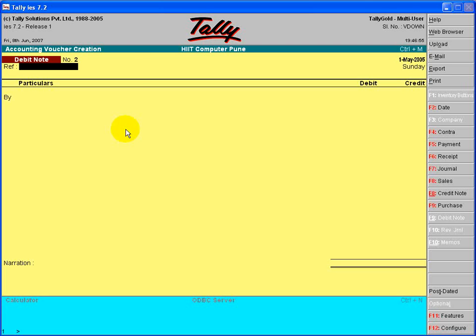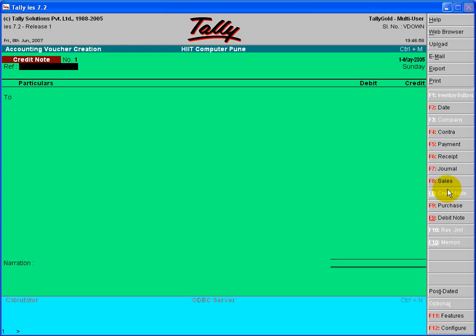Now we will see the concept of credit note. Why is credit note used? If we sell goods to someone and if he returns some goods out of it for some reason, then with those returned goods he sends a document in which all the information regarding the returned goods is given. From our point of view, that document is the credit note. If the voucher entries regarding such returned goods are to be done in accounting, this is called sales returns or return inward. Then such entries should be done in type credit note. So just move to credit note, Control F8.